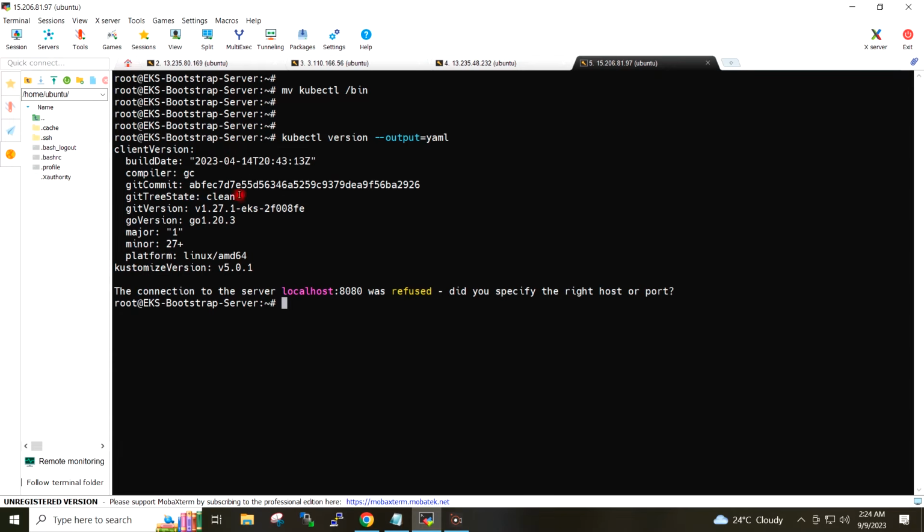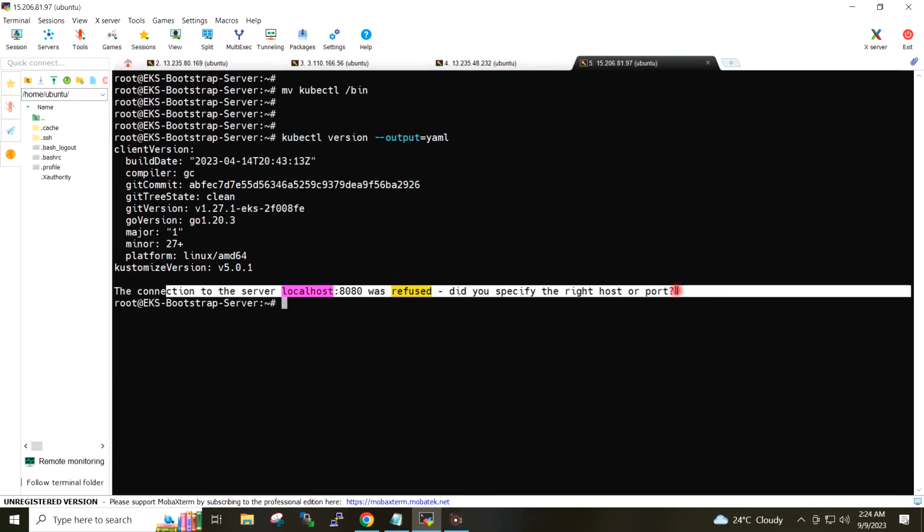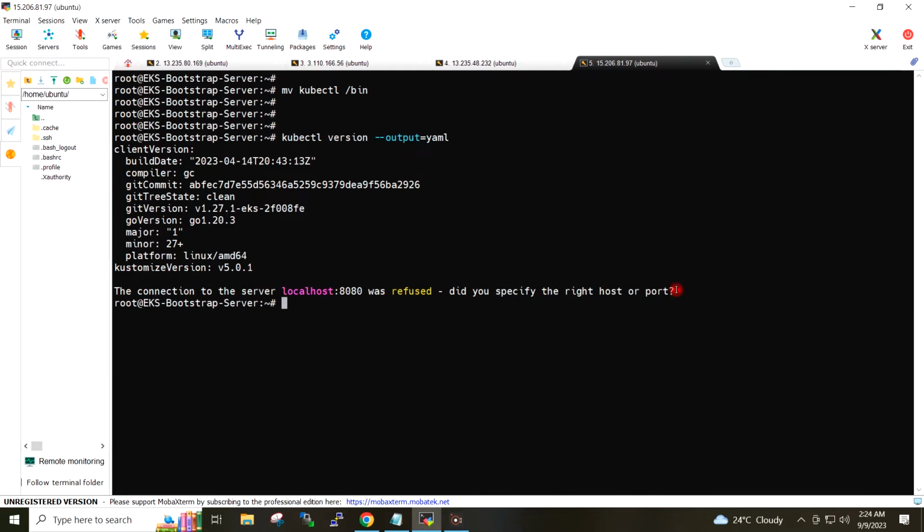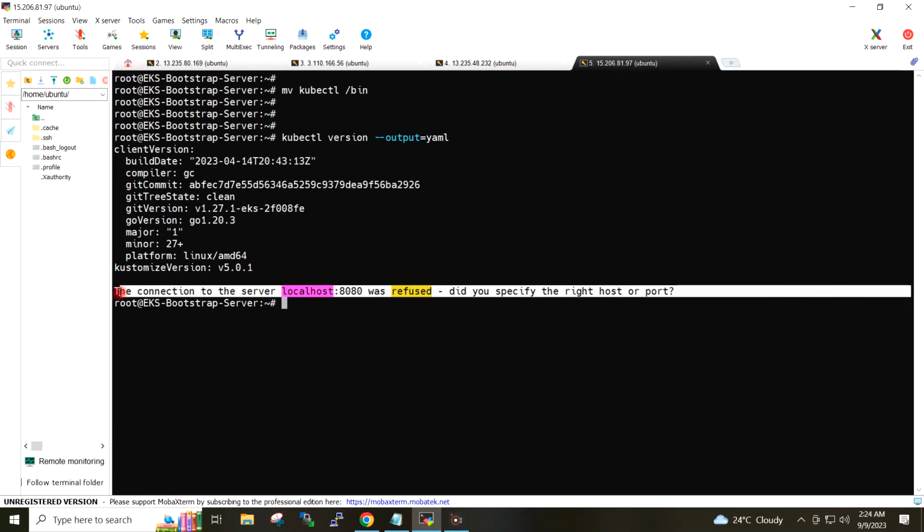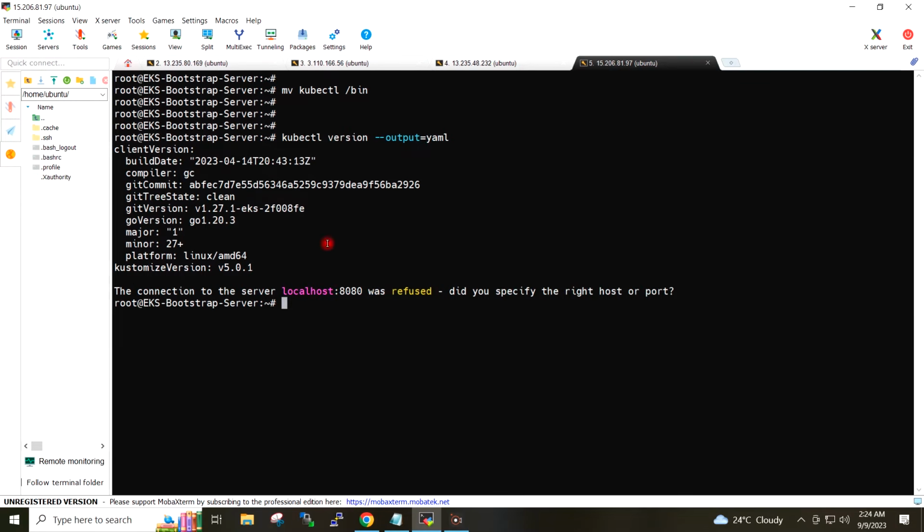So this is the version of the kubectl which is installed in my server. You can ignore this warning because we are not connected to any Kubernetes cluster.